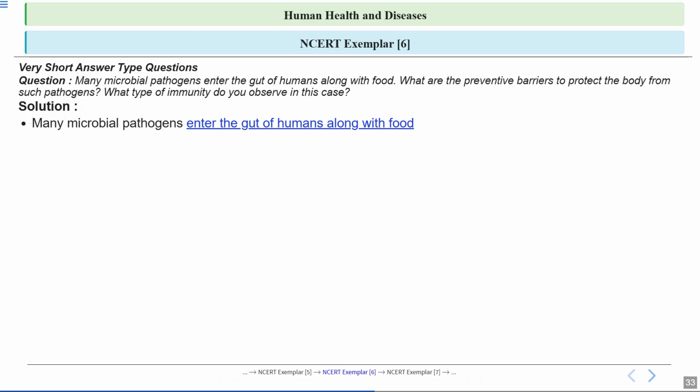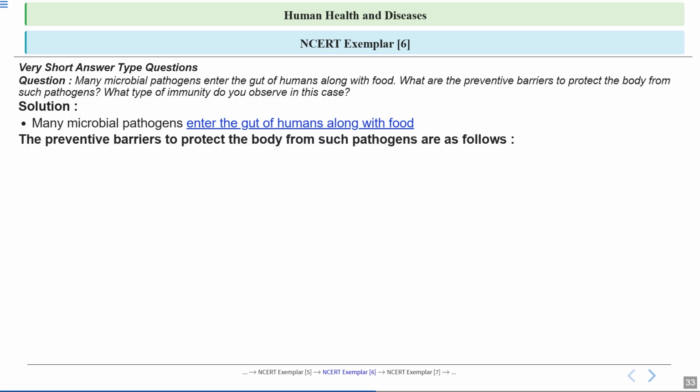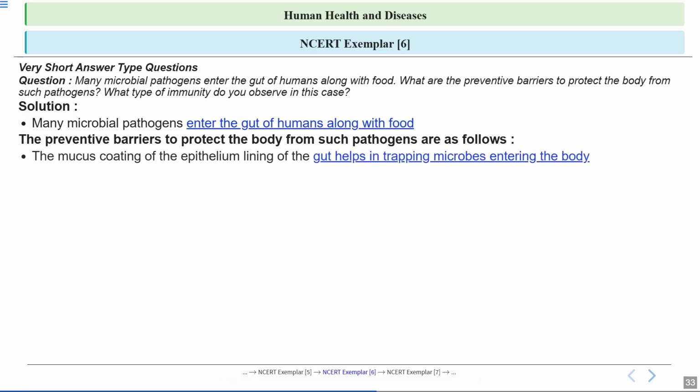Now, many microbial pathogens can enter the gut of humans along with the food. This is the common way for infections to start, especially if food is contaminated or not handled properly. Now, the preventive barriers to protect the body from such pathogens are as follows. So, the first barrier is the mucus coating that lines the gut. This mucus traps the microorganisms, preventing them from reaching the cells of our digestive